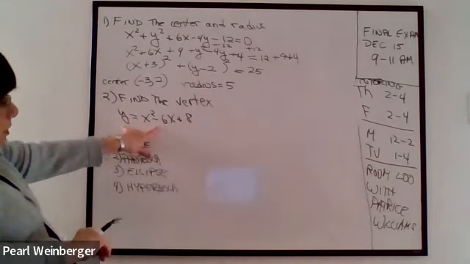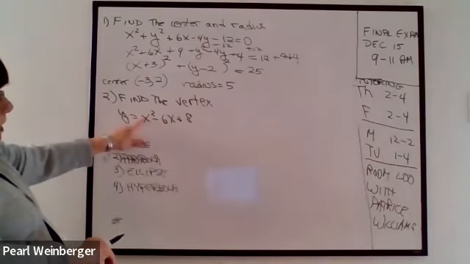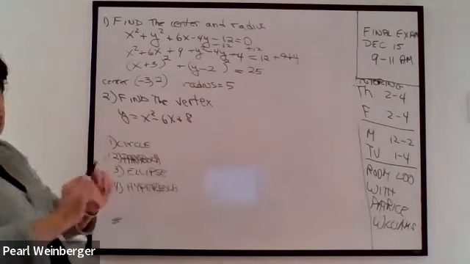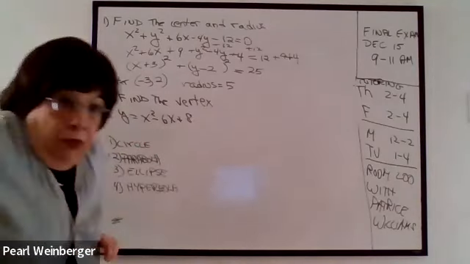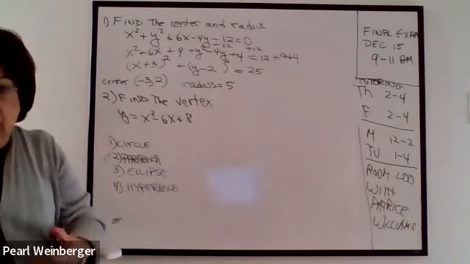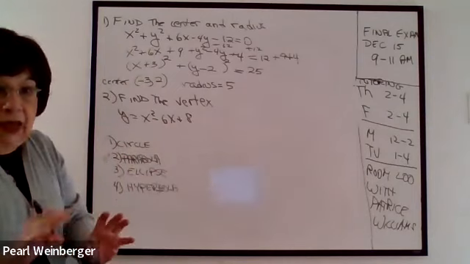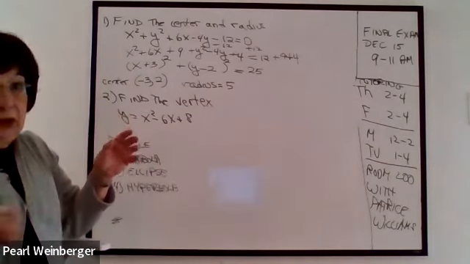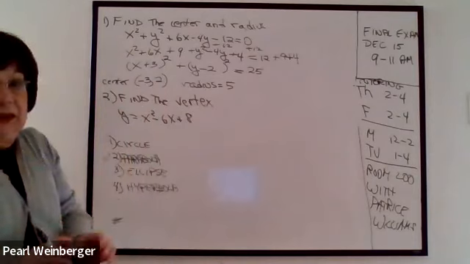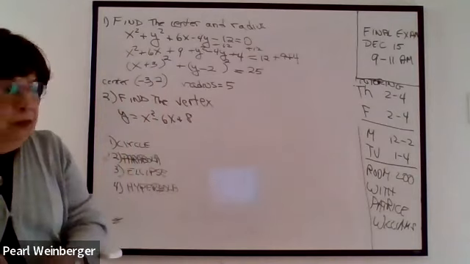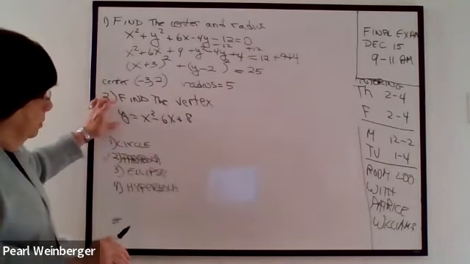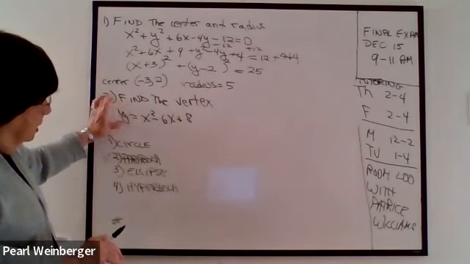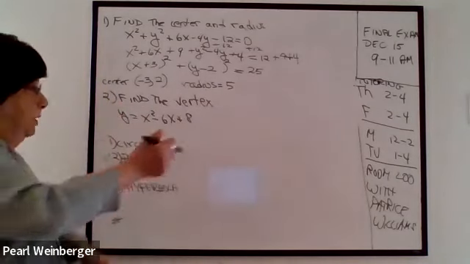Notice in this equation, there is an x squared, there is no y squared. The parabola is the only conic section that doesn't have both x squareds and y squareds in the equation. It only has an x squared. Sometimes it only has a y squared and a plain x, but then it would be a sideways parabola. We really didn't discuss those. But the type of parabolas we looked at are what we call opening up